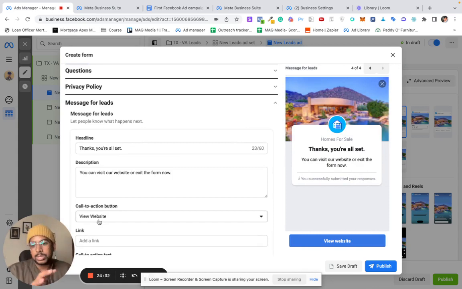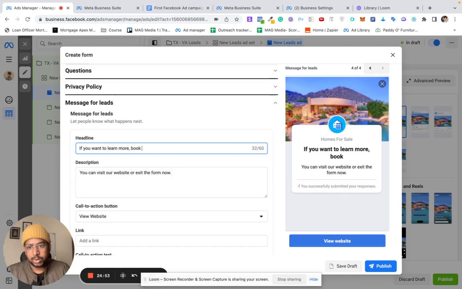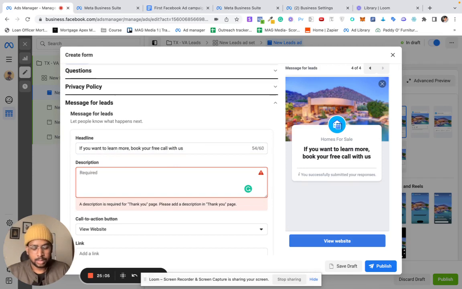This is what the lead will see at the end once they have submitted their quick form, their pre-filled details, their name, phone number, email, and this is what they will see at the end, right? So just make it simpler. If you're still interested, if you want to learn more, book your free call. Book your free call with me, right? Like this, or with us, whatever you want to use, right? And you can just select over here like this, click below,